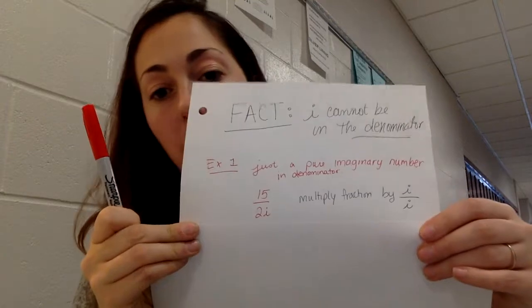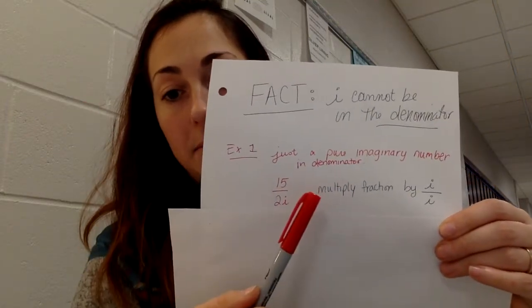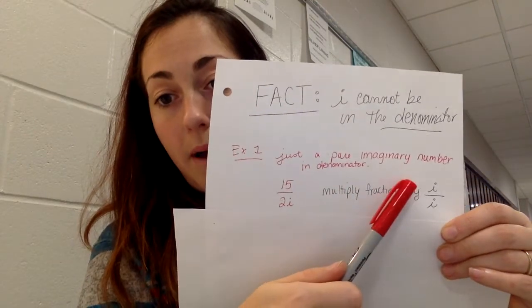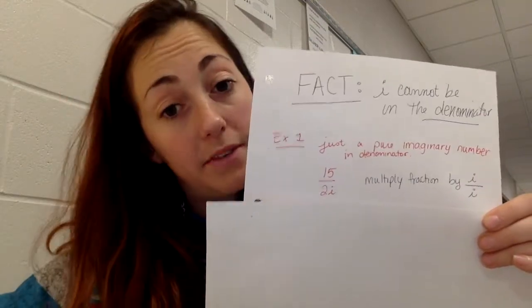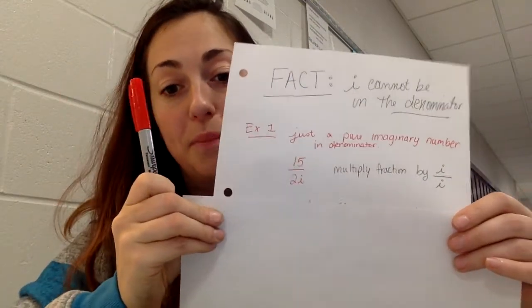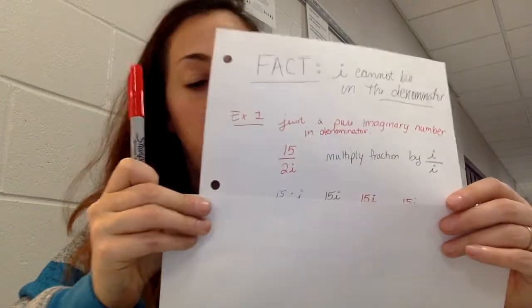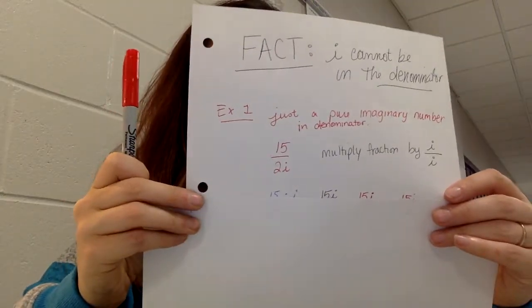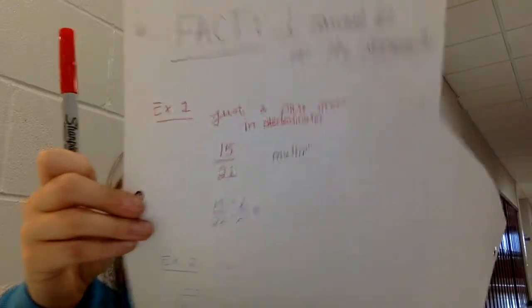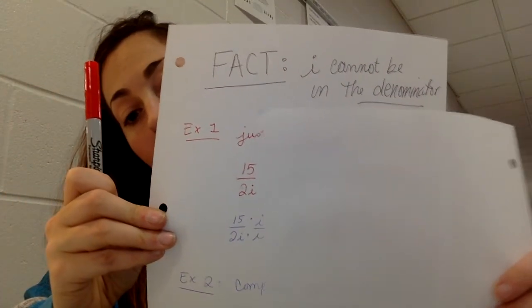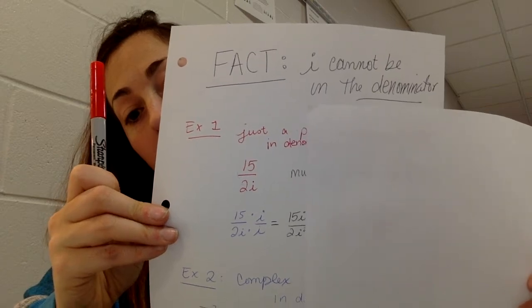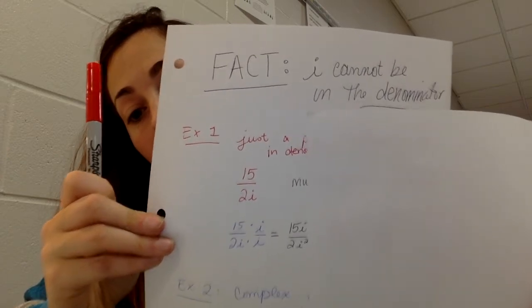So let's say we have 15 over 2i. To get rid of it, you multiply the fraction by i over i. Okay? Make sure you pause the video at any time, and then you can keep moving. So when I do that, I multiply by i over i and end up getting 15i